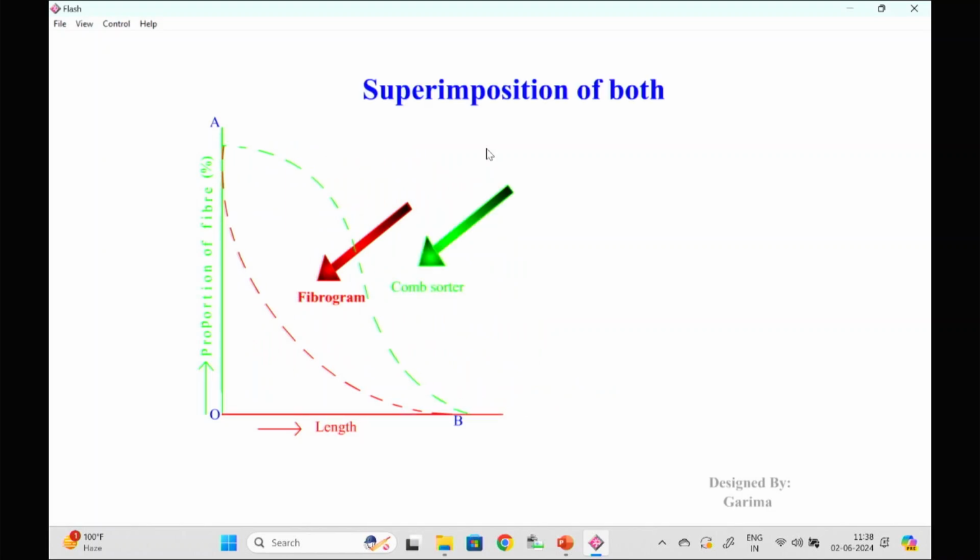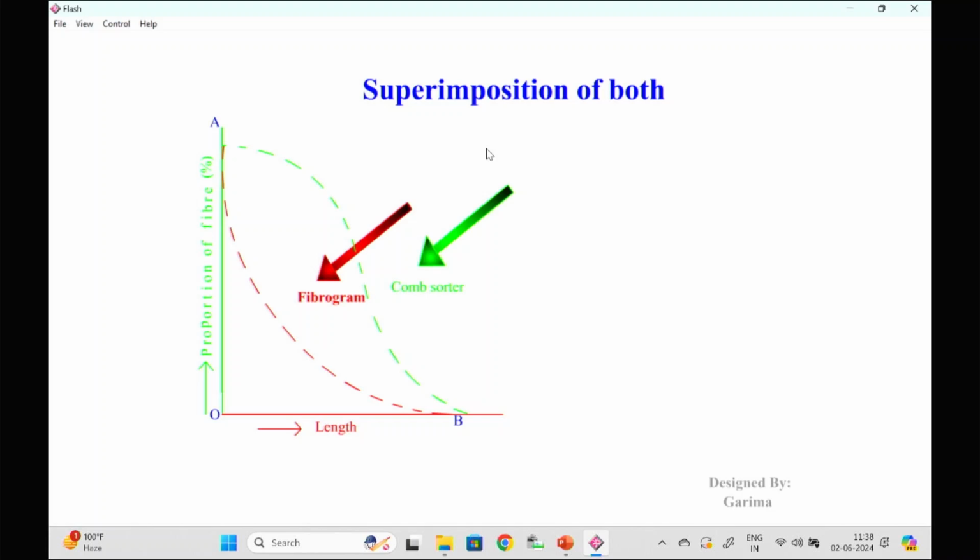Now we can see very well the same fiber, and the length, typically, is almost the same. The end point of the length is almost the same and the end point of the proportion is almost the same, like 100% fibers, but at the midpoint we can see its shape